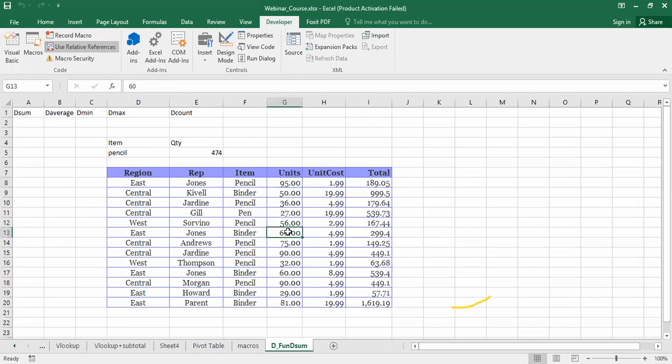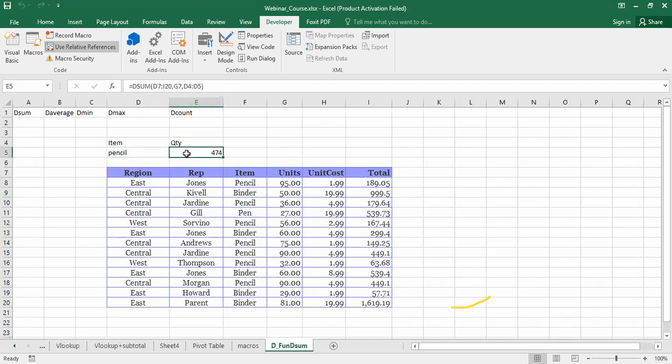95 plus this 60 must be added plus this. So it means that the summation should be done as per the requirement from different fields. Now here in my case, I want to sum up the numbers which are against the East, like we have done in the VLOOKUP and all these things. But this is the shortcut method for that.